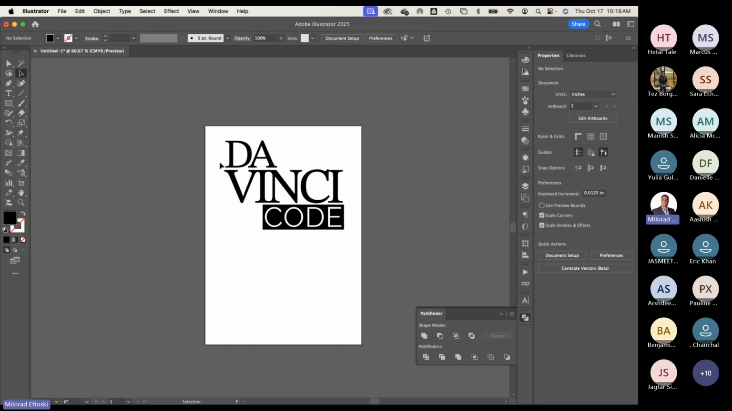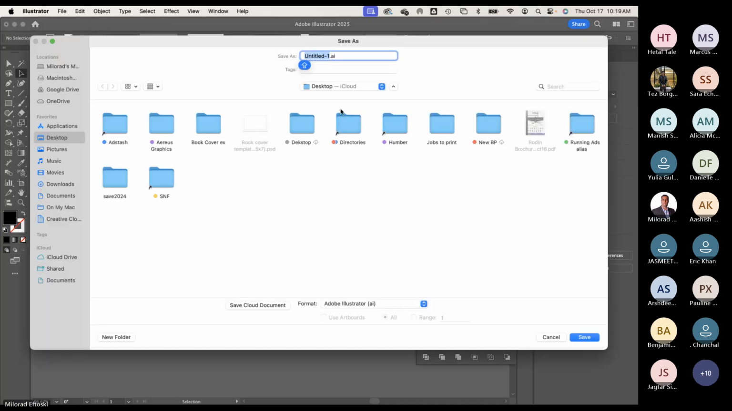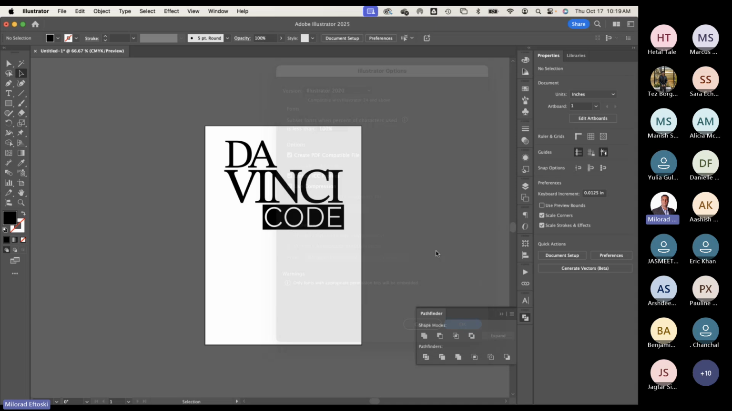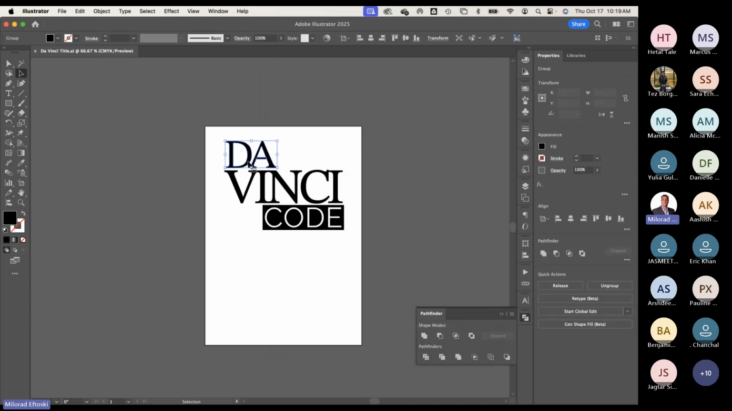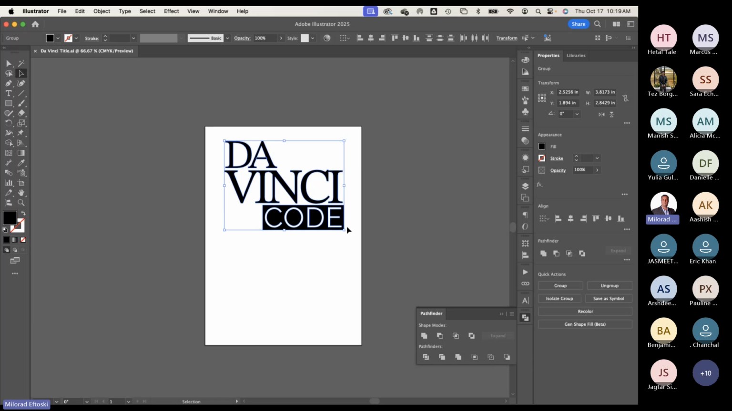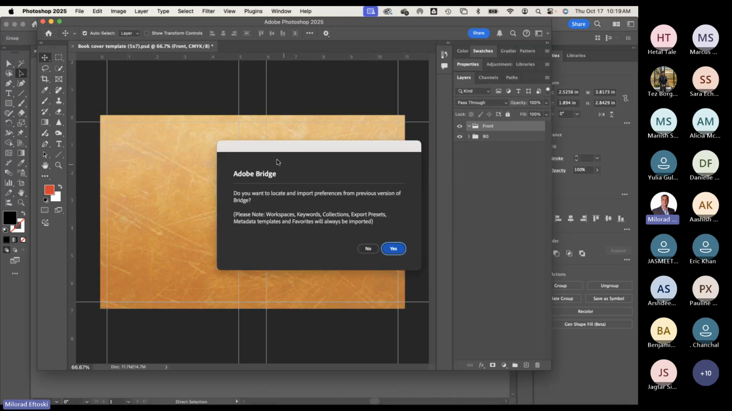So I would save this as an Illustrator file, just as a backup measure. I'm going to call it the Vinci title. I'm going to save it as an Illustrator design, and because it's outlines, you can save it as an EPS file. You know what also works is copy and paste. If you select this whole thing and copy it, and you go back up to Photoshop and hit Command V,